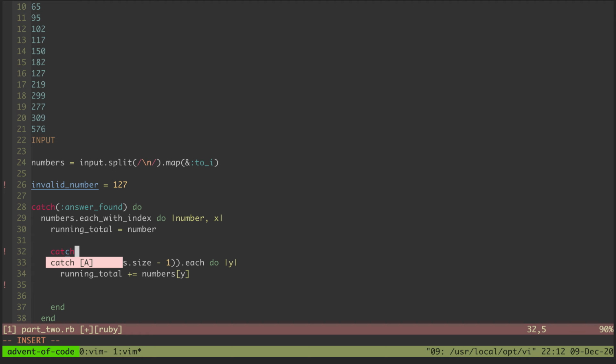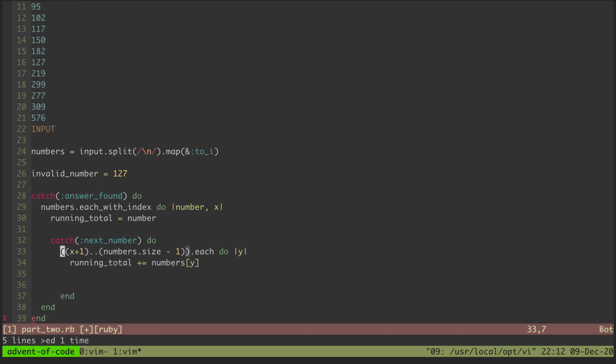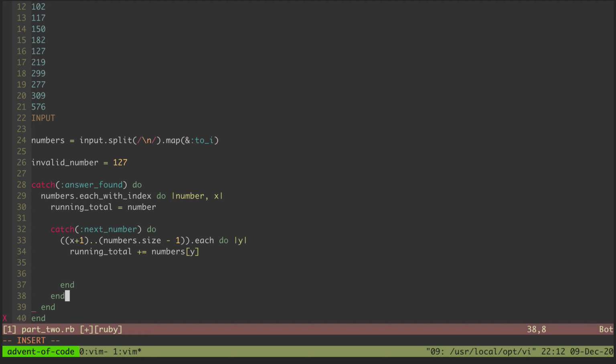So that's maybe where another catch will come in. What could our tag be here? Like next number. And the nice thing about these tags is just a chance to make it really clear what's going on in our program. So we'll throw next number, and I'm not going to add a return value,